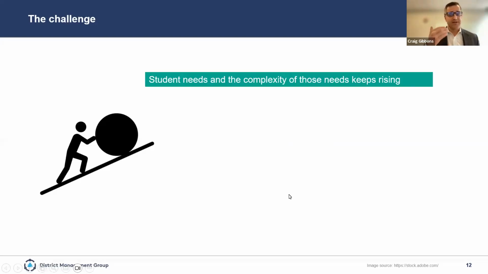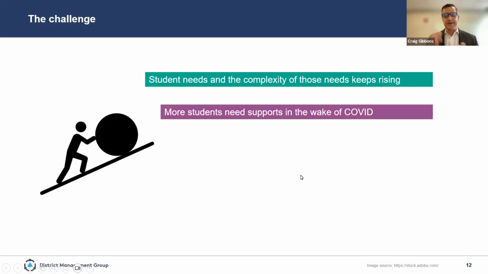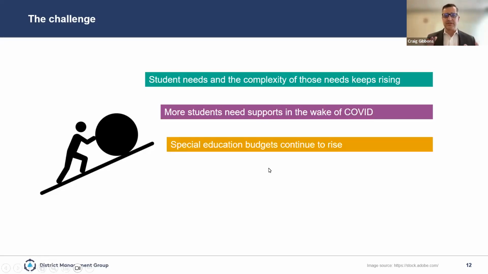So we're coming out of COVID and other areas where it's not just onesie, twosie sorts of services in some areas, or in many areas, it's a volume of services across the spectrum of needs for students, and some needs have been continuing rising. And a lot of that, as noted here, is in the wake of COVID. Kids have lost a lot of the socialization opportunities and other things that are so critical for those young students.